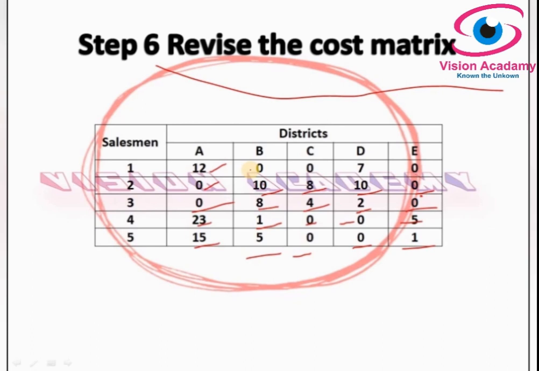Okay, give a rectangle around that and cross out other zeros in the column. Here there are 3 zeros, so we cannot do that. Here there is 1 zero, here 1 zero, 2 zeros here, and 2 zeros here again, and here 2 zeros, 2 zeros. We cannot perform this row wise. Let's try column wise.